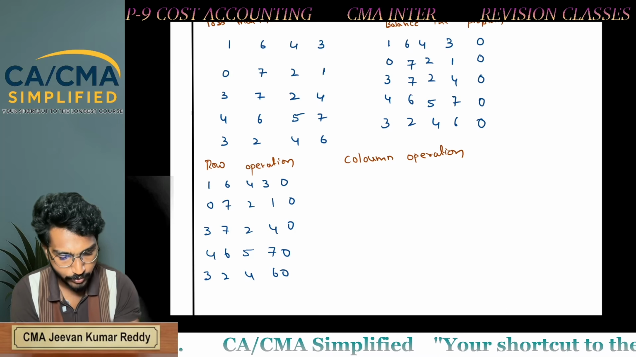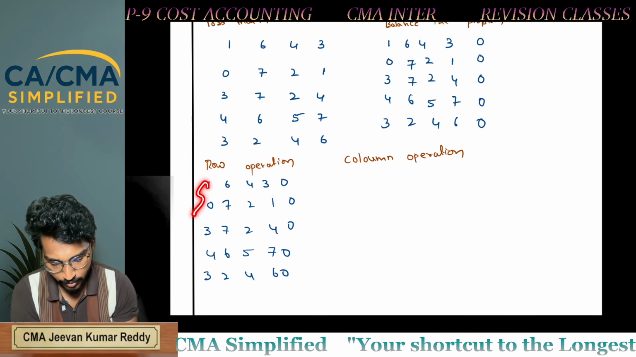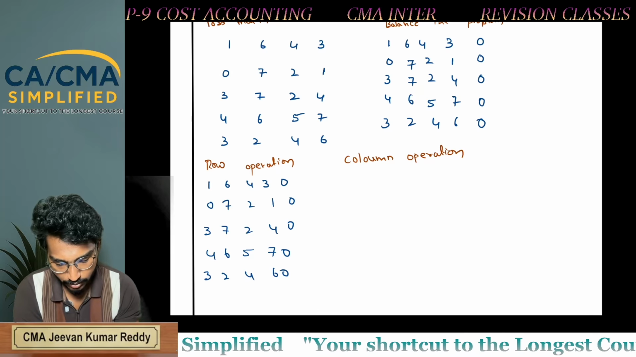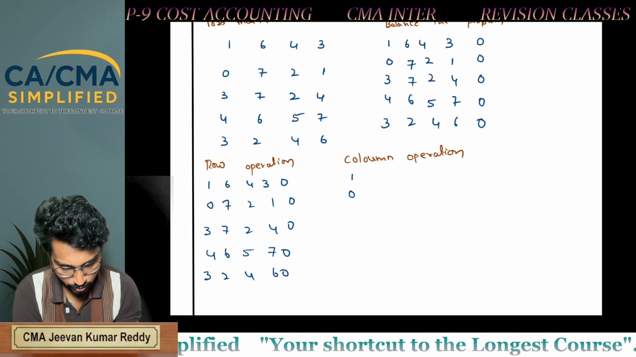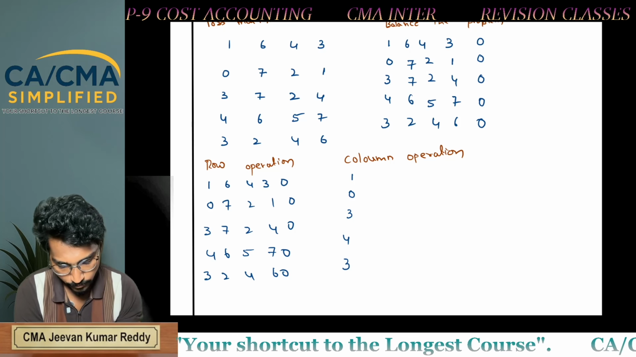How to perform column operation? Select the lowest number from each column and deduct it from all other numbers. So what is the lowest number? 0. That gives 1 0 3 4 3. Next,